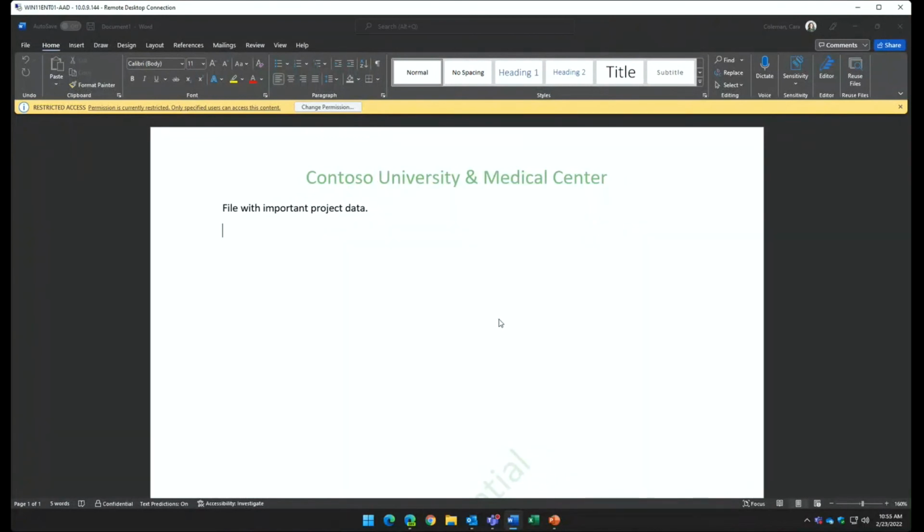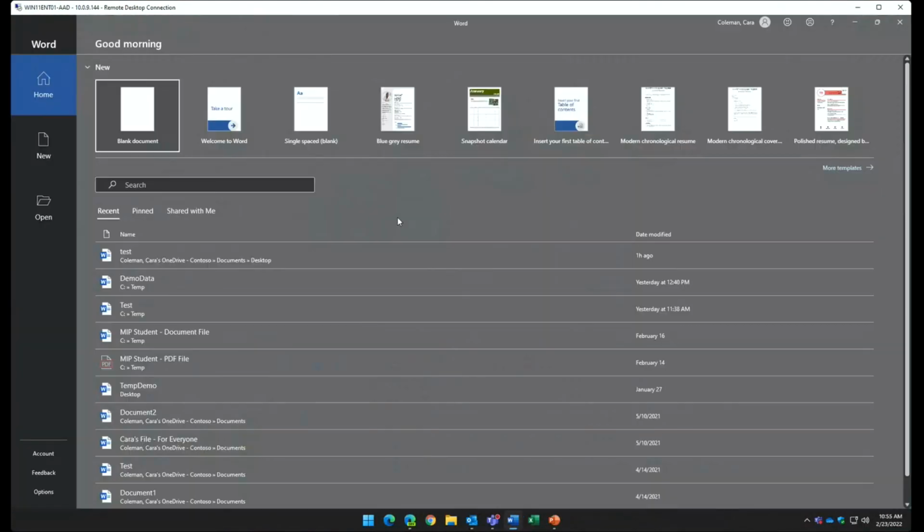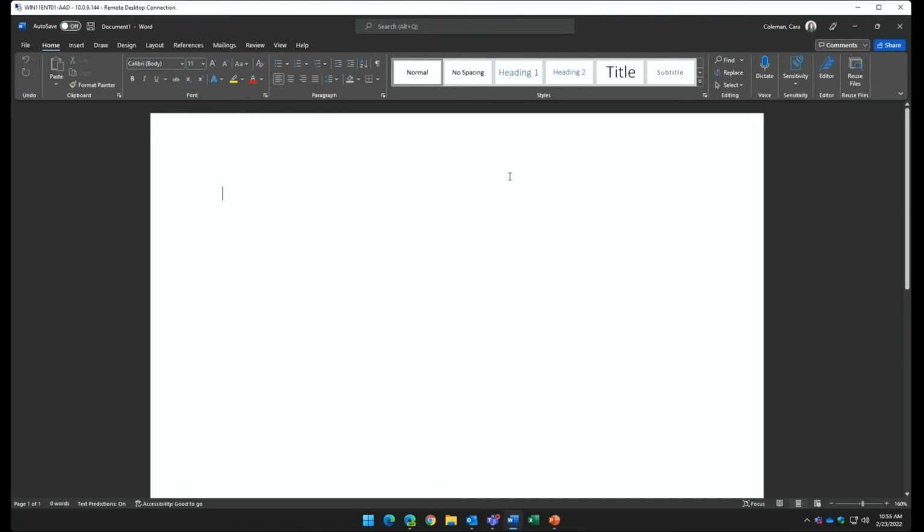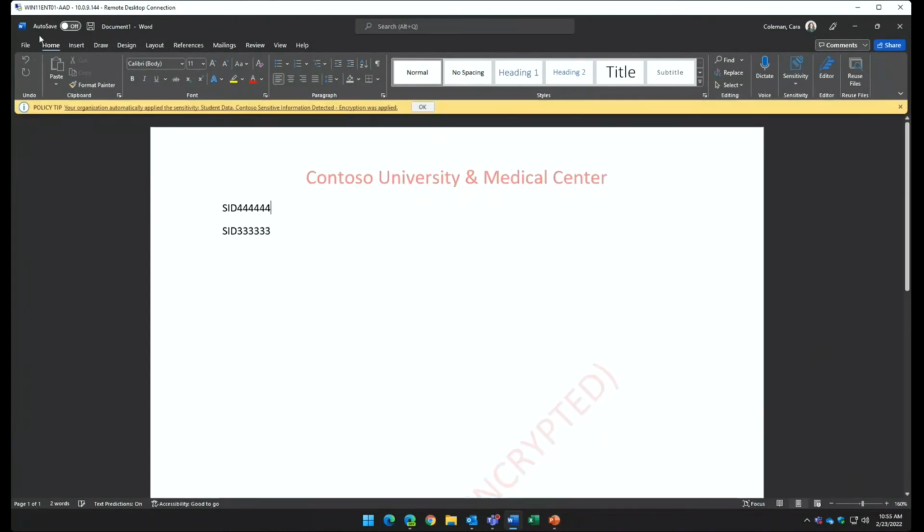Now, my next example is our advanced components. This is Azure Information Protection with automatic classification. So we're going to go look at some student ID numbers. I'm just going to put a couple dummy numbers in here. And so we've got a user, they don't want to apply a label, but they're going to try to get around the system. I couldn't even get to the save button fast enough.